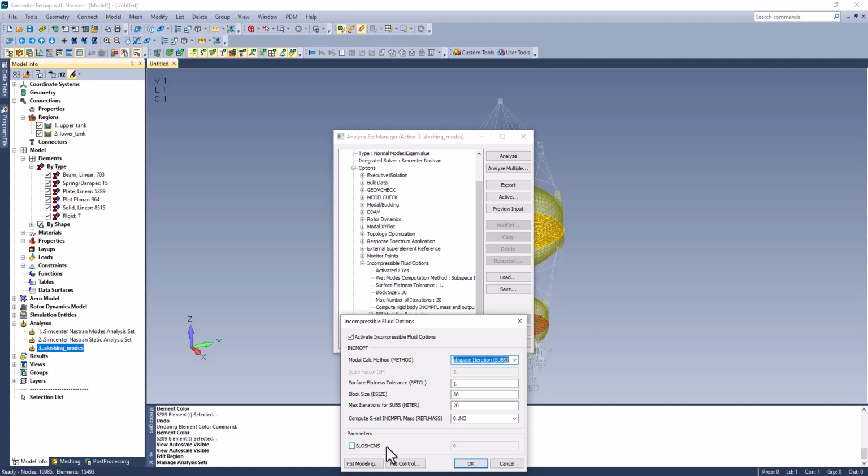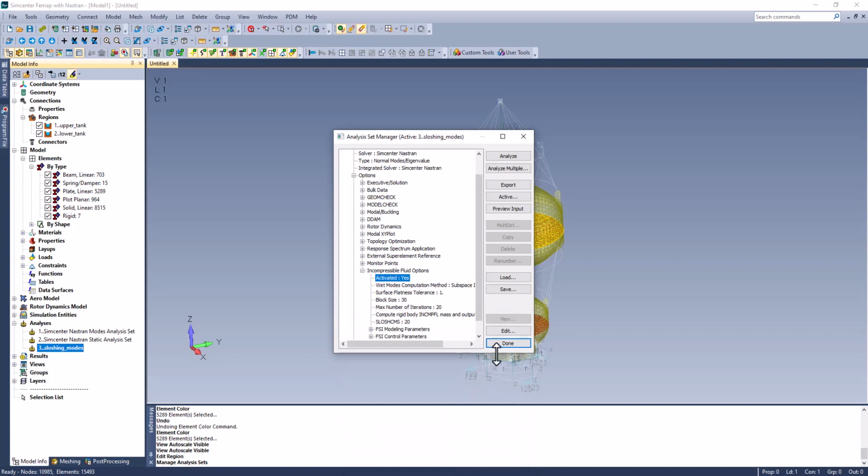To get the elastic modes, I need to compute the number of expected slosh modes and the number of elastic modes of interest. If I just want to retain the lowest frequency modes and neglect the higher order slosh modes, I can use the slosh CMS parameter to perform component mode synthesis reduction on the degrees of freedom of the sloshing free surface. The number that I assign here is the number of degrees of freedom to retain for the sloshing free surface. In this case, I will select 20. I will click OK, and then I will click Analyze to analyze my model.